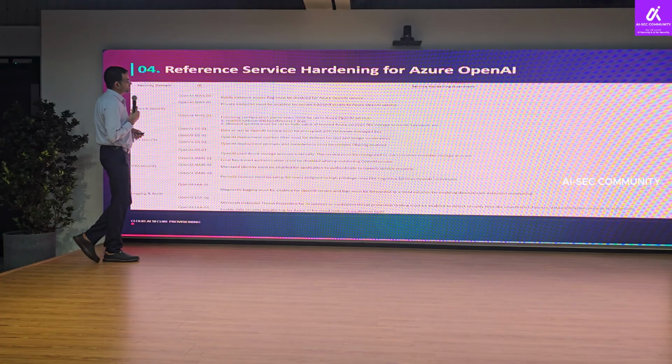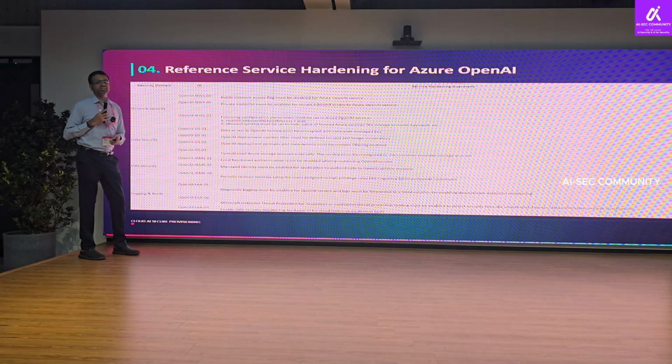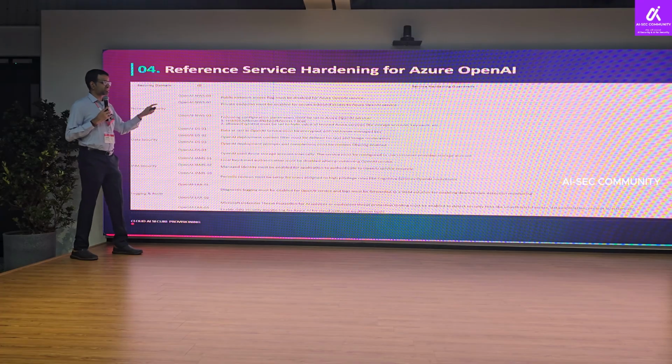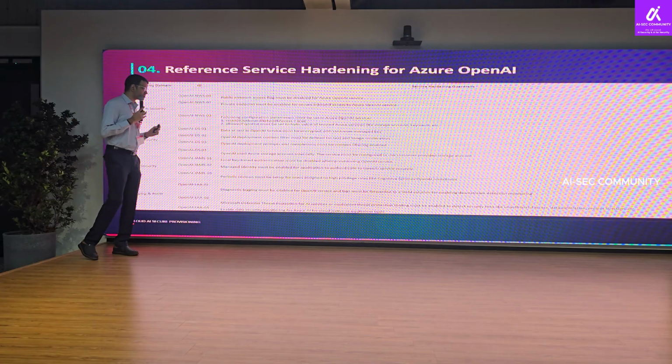right? And the next section in data security gives an example to the point that I made earlier, that the service hardening is the common base between the other pillars. Right?